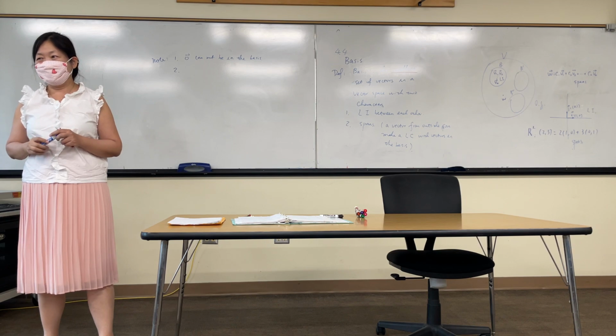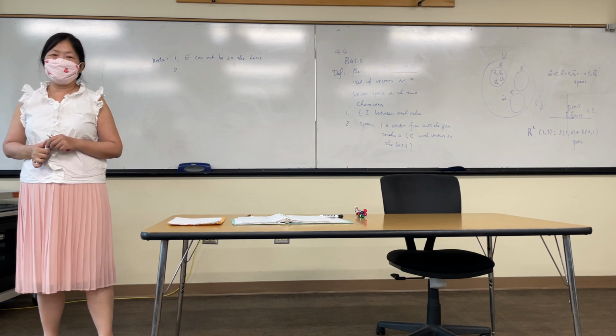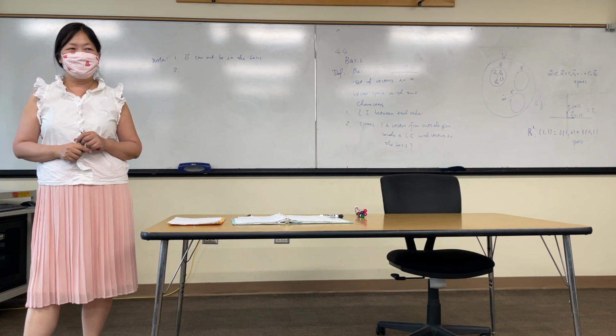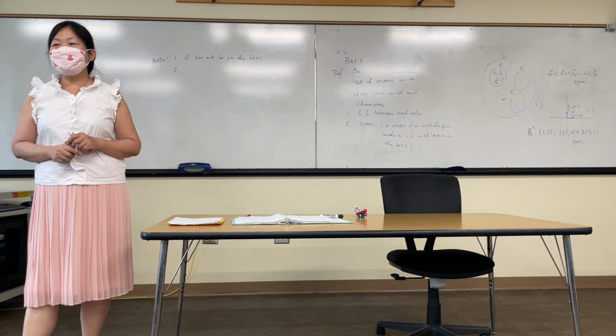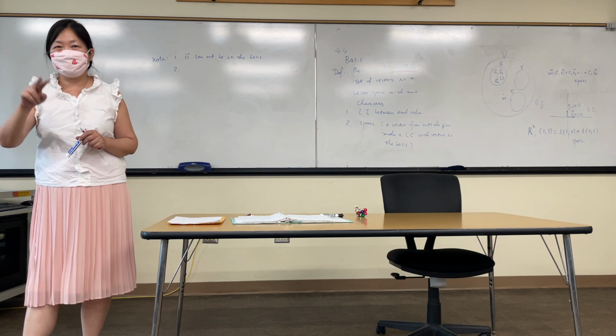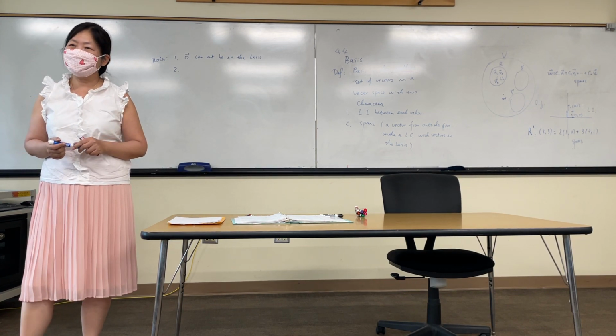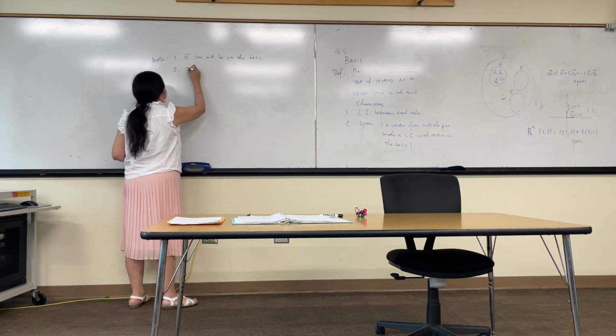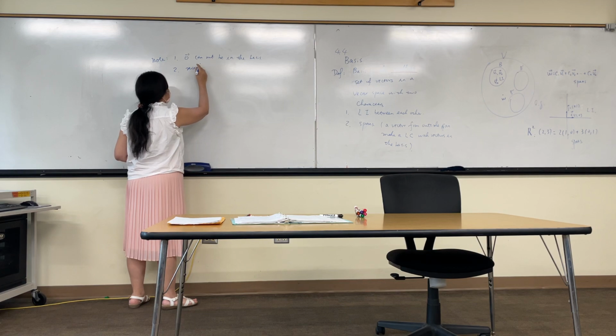Yes or no? Can you use 1 vector to make a coordinate? No. The minimum has to be 2. That makes sense? X and Y, right? So you need to have a minimum